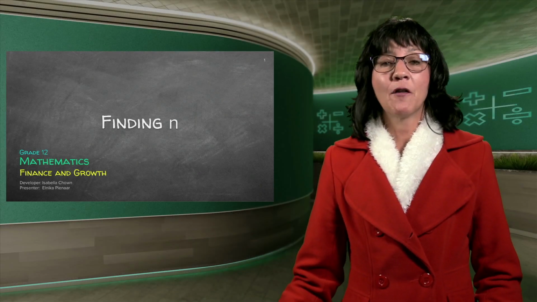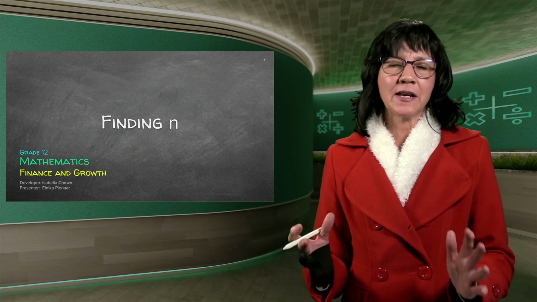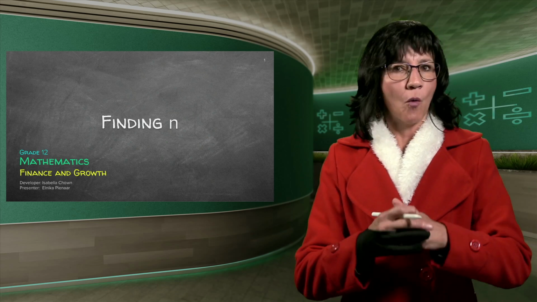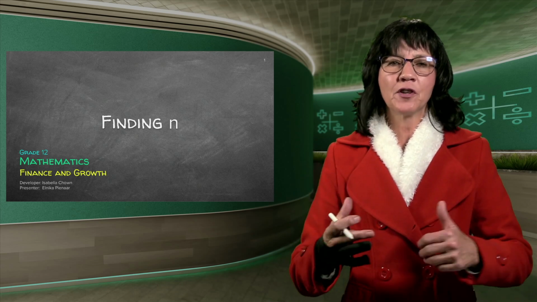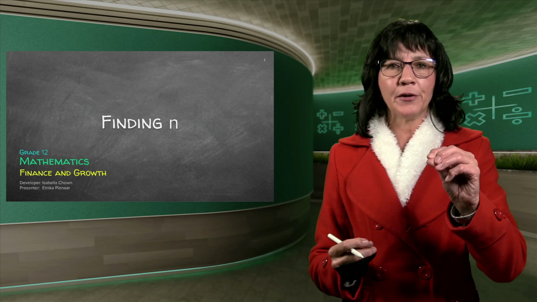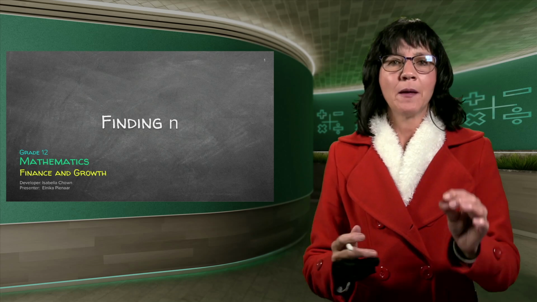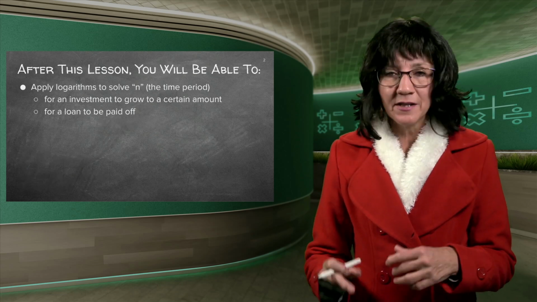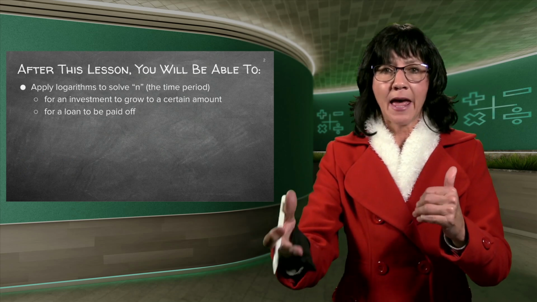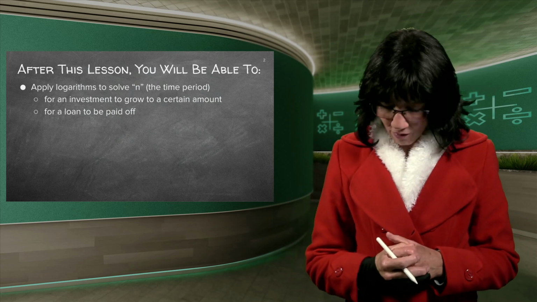Hi guys, this is our very last lesson on finance. As you can recall, we did the F and the P formulae and the A formula that we learned in grade 11. They were just different scenarios, and the only thing that we haven't done yet is to find the time period, the n. It's going to be exactly the same formula that you're used to, but now we need to find the n. So after this lesson, if they don't tell you how many years you have to either invest or to pay back, you will be able to work it out.